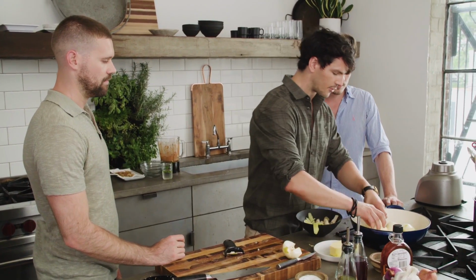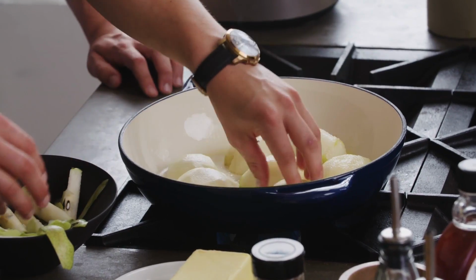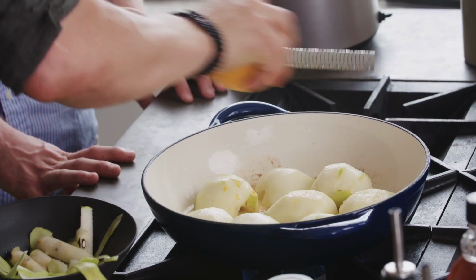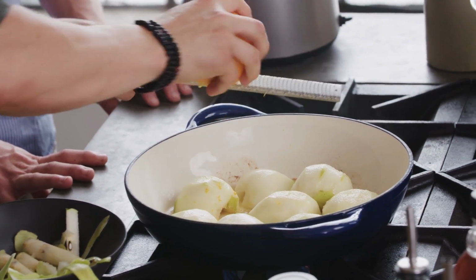So we're gonna let them color for a couple of minutes before assisting them with maple syrup and some orange juice. Just gonna roll this guy out and add some zest too. So you can see the pan starting to get golden, so I've got to act a little quickly here. Andy, can you pour in some maple syrup for me, along with some of that